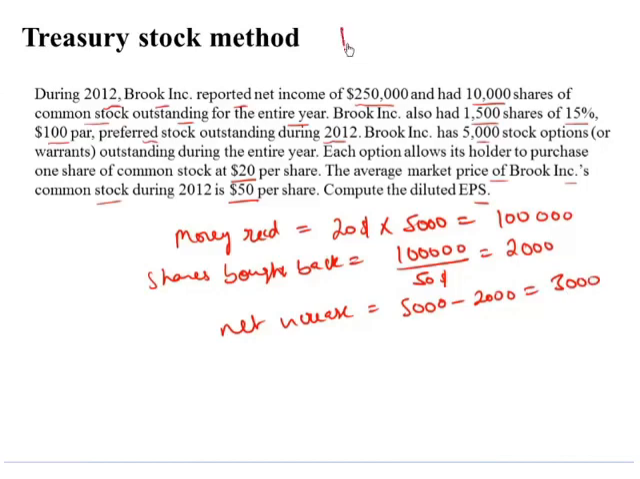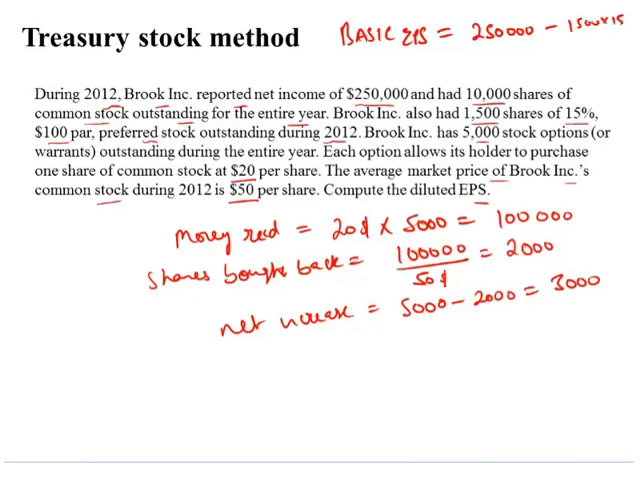Now let's first compute the basic EPS. That is simply the net income of $250,000 minus the preferred dividend. So he has 1,500 shares of 15% $100 par. Please note that coupon is paid as a percentage of the par. So $15, that is 15% into 100, would be paid for every share, or a total preferred dividend of 1,500